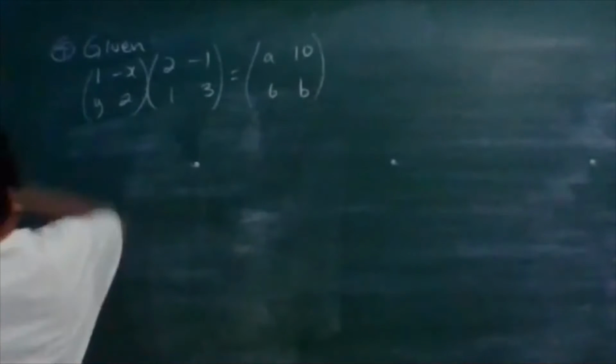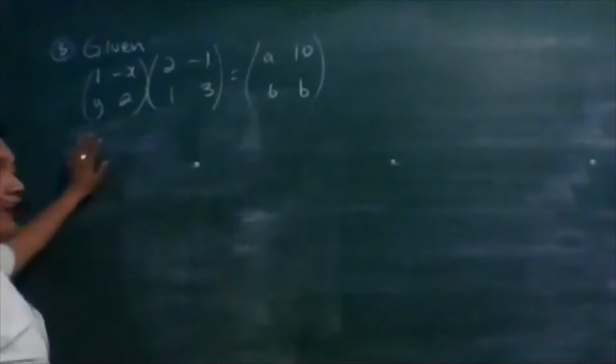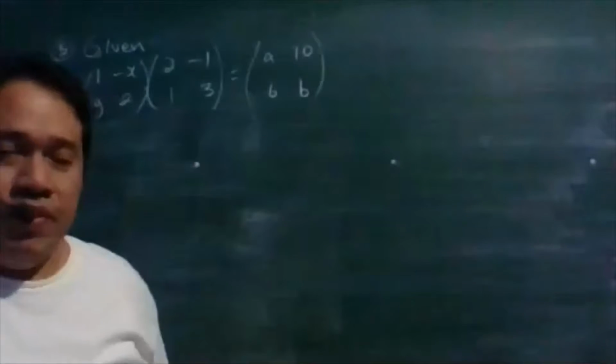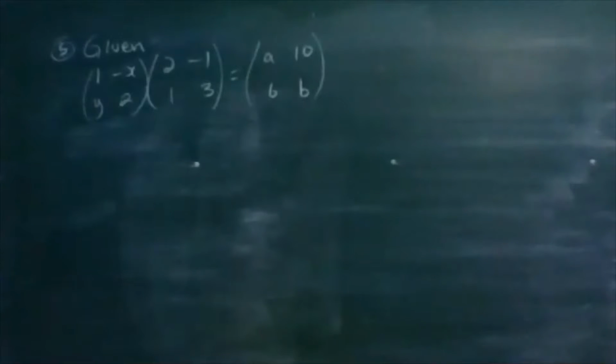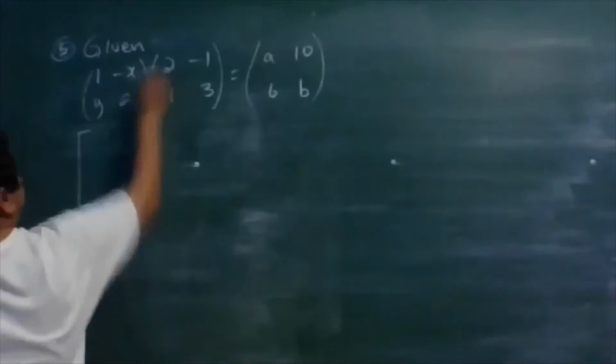Question 5 this time. Question 5 says, given the matrix [1, negative x; y, 2] times [2, negative 1; 1, 3] equals [a, 10; 6, b]. In this question, we're dealing with matrix multiplication. So we're going to need to multiply rows by columns. So let's start there. So we say 1 times 2